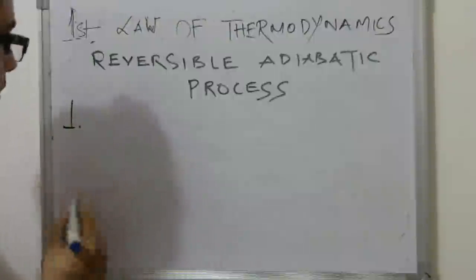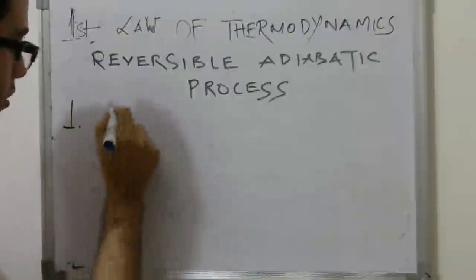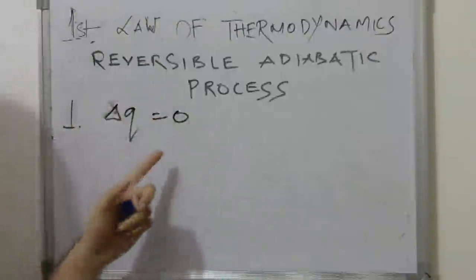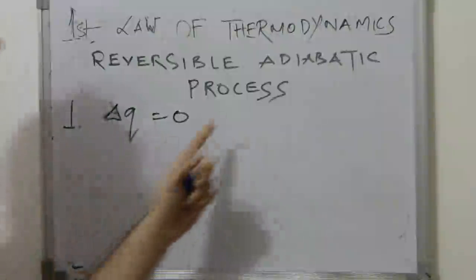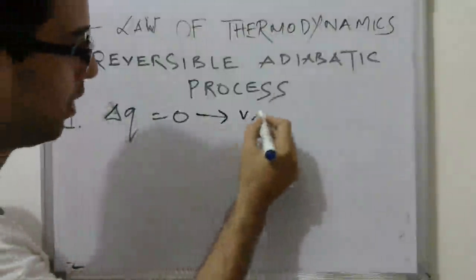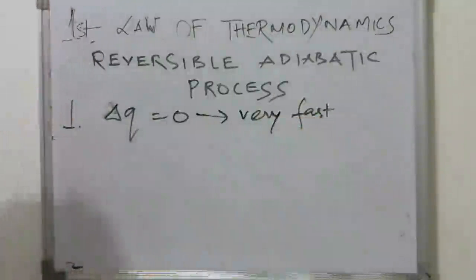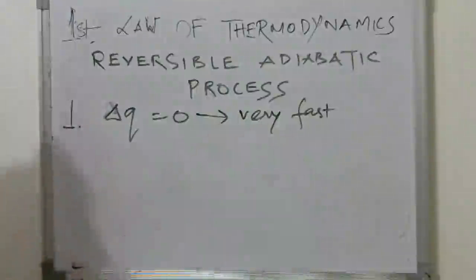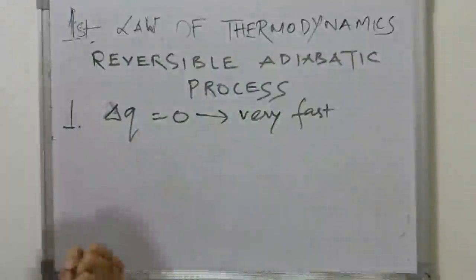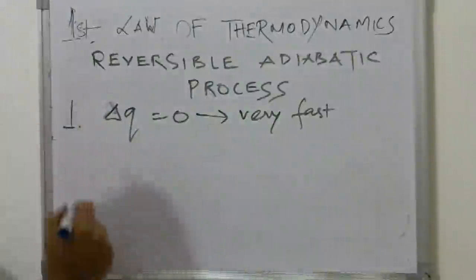One is del Q is 0. There is no heat added or subtracted from the system for an adiabatic process. That makes it an adiabatic process very fast. Okay, so adiabatic process is very fast. There is no time for a heat exchange. And the next thing that you need to understand in an adiabatic process is that